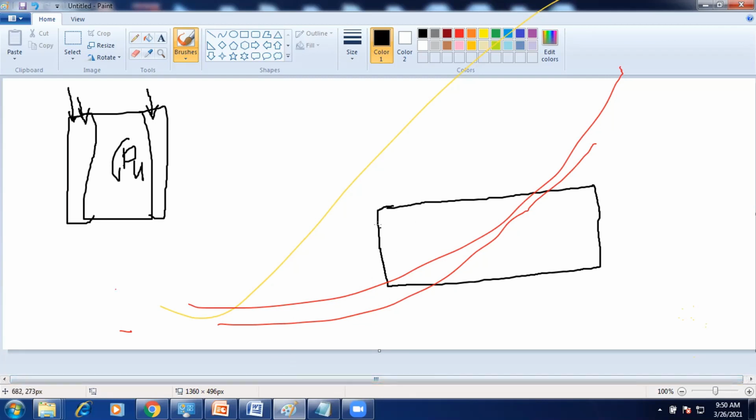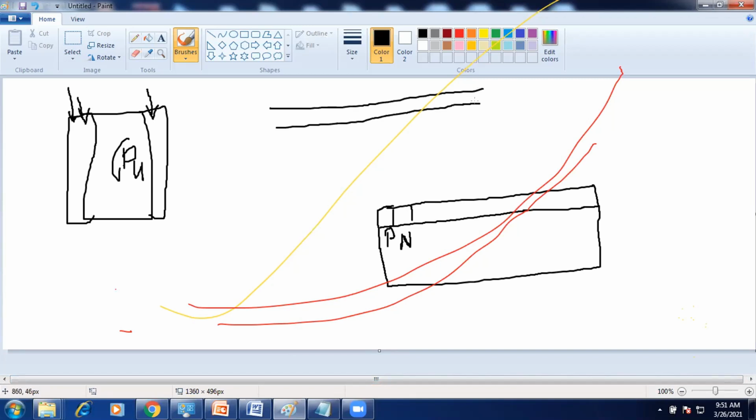Just consider this is my PLC. In the first two places, they will mention P and then N. P indicates phase, N indicates neutral. So this is my 230 volt AC, with phase and neutral.